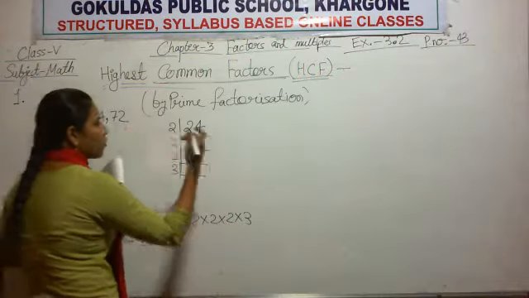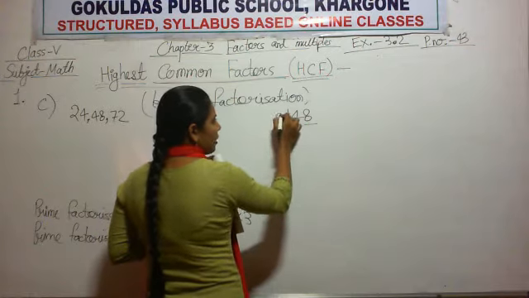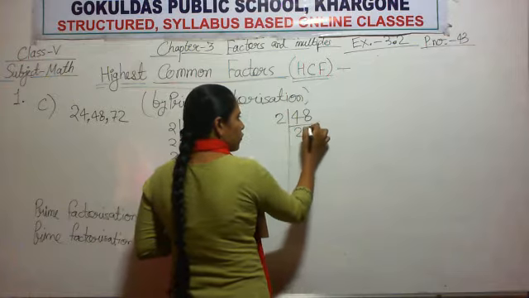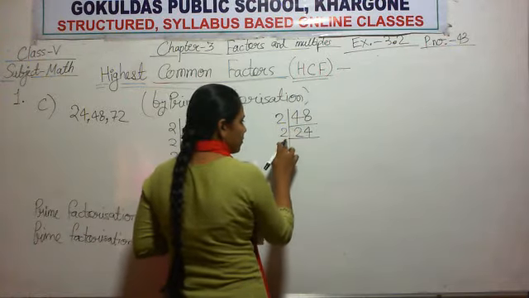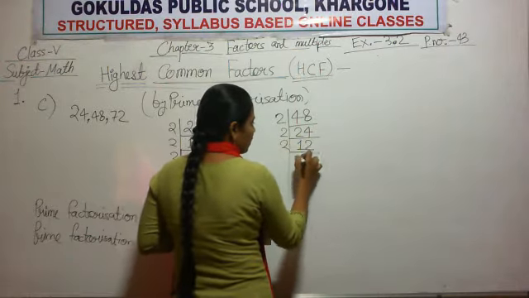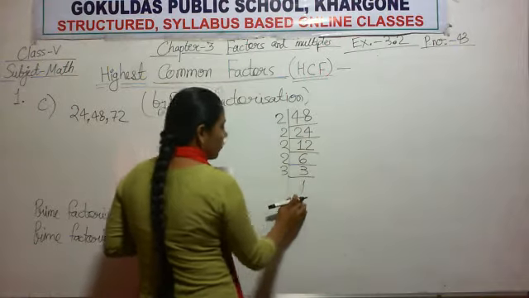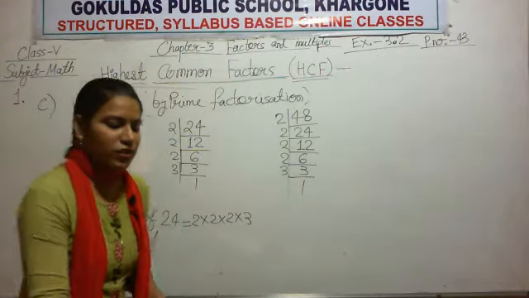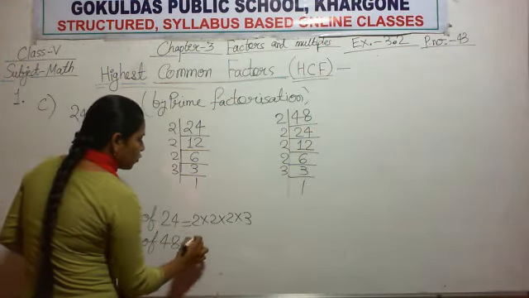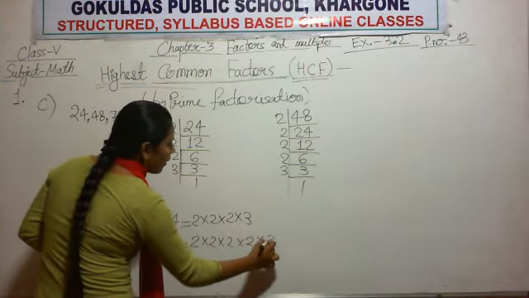Now my next number is 48. So let me find for 48. 48 is an even number, so I will choose 2 to divide 48. 2 2s are 4, 2 4s are 8. Now again 24 is even. 2 1s are 2, 2 2s are 4, 2 6s are 12, 2 3s are 6, 3 1s are 3. I have to repeat this process till I get 1 as a quotient, right? So prime factorization of 48 is equal to 2 multiplied by 2 multiplied by 2 multiplied by 2 multiplied by